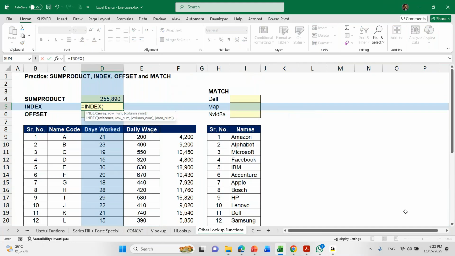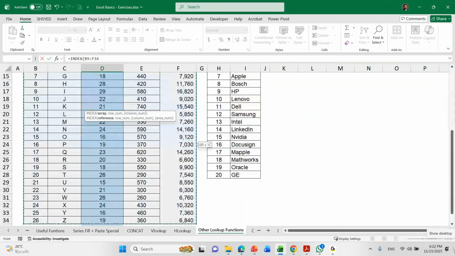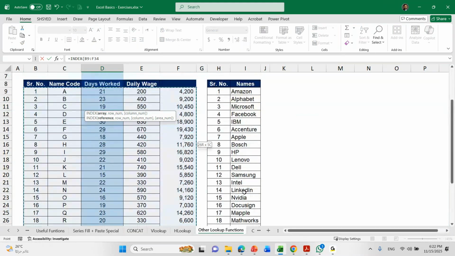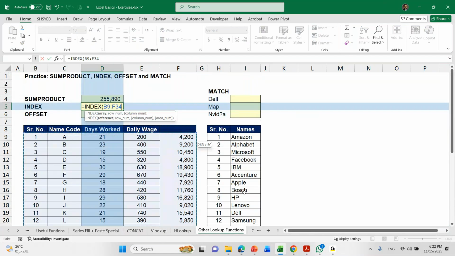This index function, here is my array of data. I always start like this. Start from here and shift and down arrow, shift and control, and right arrow and down arrow. So this is my entire data set. In this entire data set selected, I want to